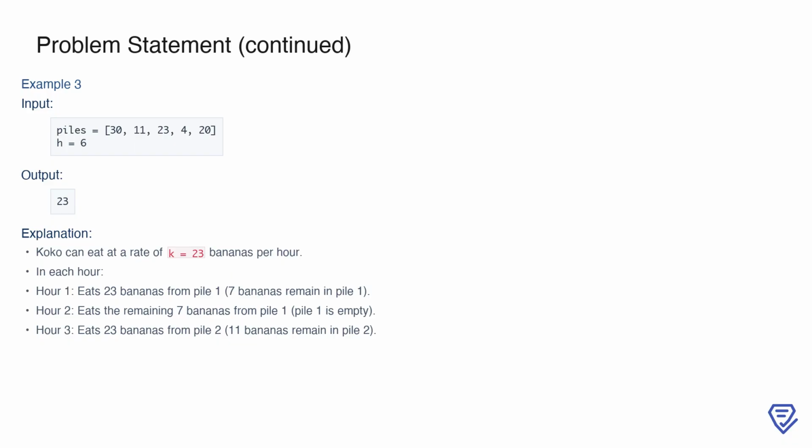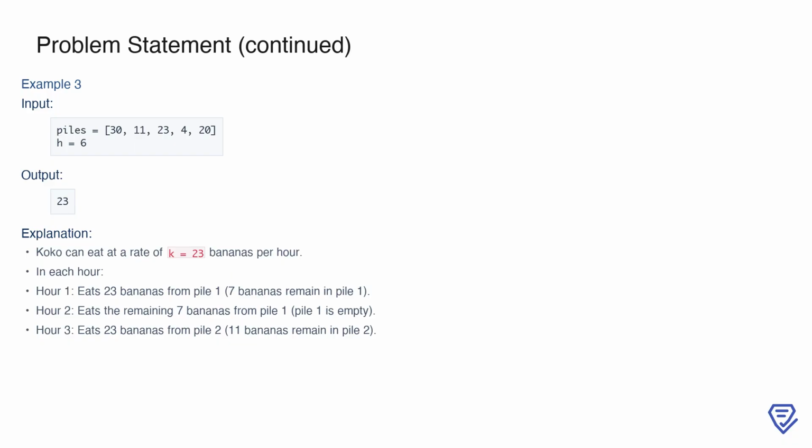In the third hour, she eats 23 bananas from the second pile, leaving 11 bananas there. In the fourth hour, she finishes the remaining 11 bananas from the second pile. In the fifth hour, she eats all 23 bananas from the third pile, leaving it empty. Finally, in the sixth hour, she eats all 23 bananas from the fourth pile, clearing it as well. By the end of the sixth hour, all piles are empty, and we find that k equals 23 is the